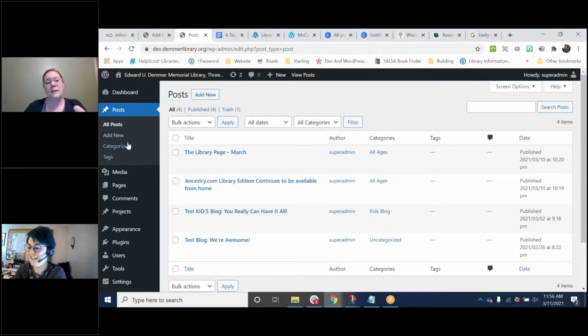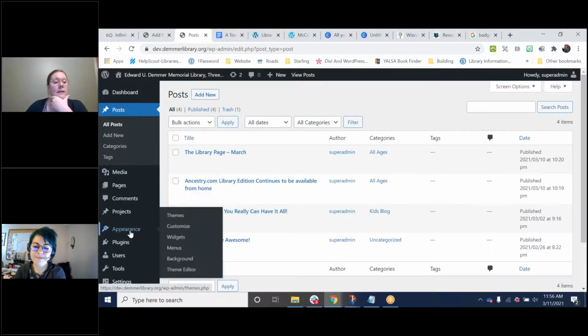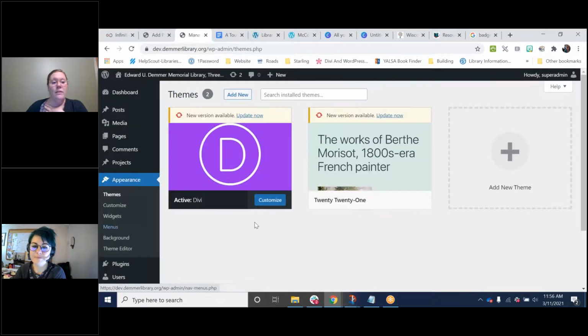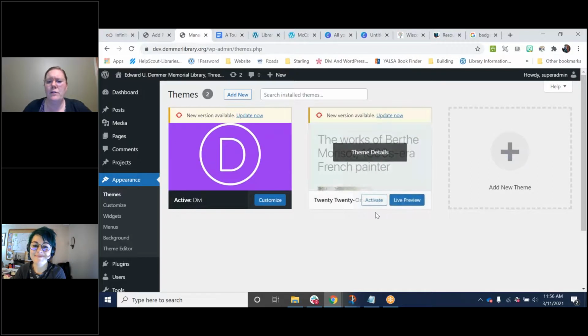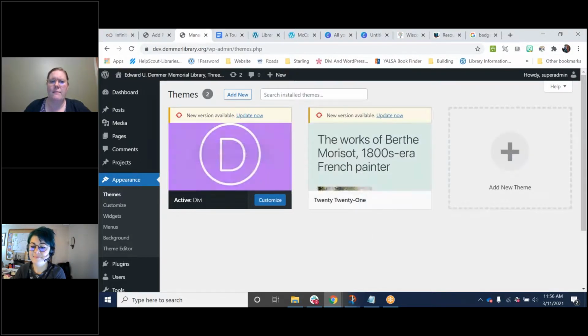And remember, just because this might not look exactly like what your back end looks like doesn't mean you can't get there. I want to give a quick plug for the Divi theme. A lot of you might be using the other free themes that are available through WordPress. The Divi theme is a paid theme, but it lets me design the site however I want.